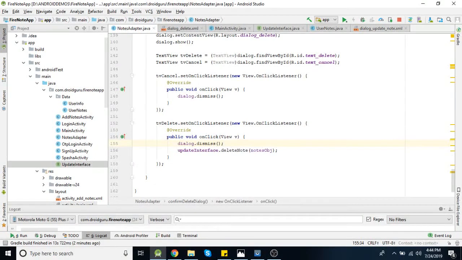So this is how you can update or delete any specific information or any specific node in Firebase using that node ID. So that node ID is important. If you are generating a random node ID as we generated in our case, you need to store that ID in that model class so that you can refer to that specific child whenever you want to delete or update that child.